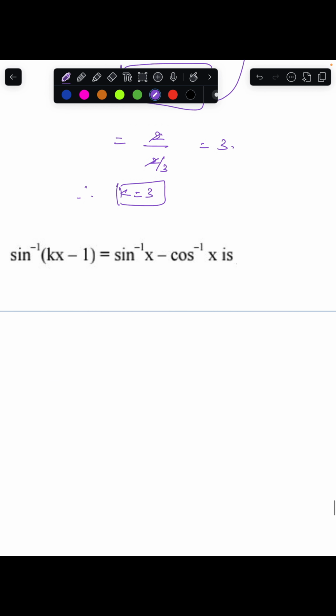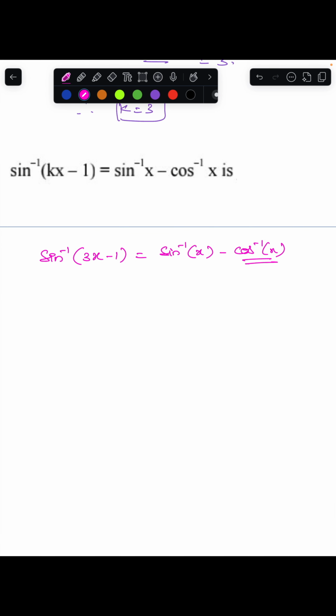If you put k equal to 3, I get sine inverse of 3x minus 1 equals sine inverse x minus cos inverse x. Okay. So I will convert this again in terms of sine inverse x: it is sine inverse x minus (pi by 2 minus sine inverse x), which is 2 sine inverse x